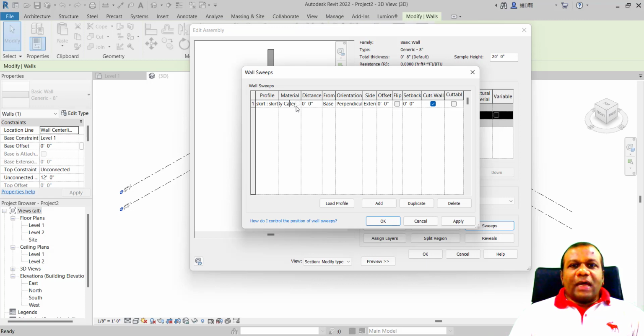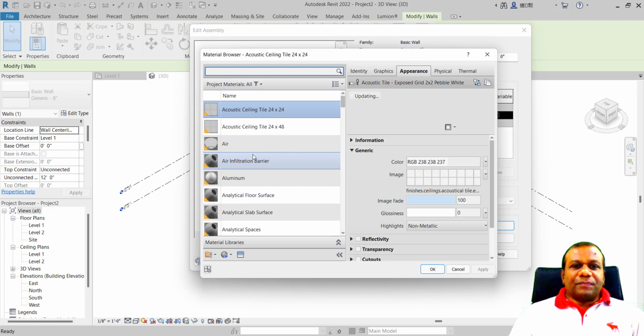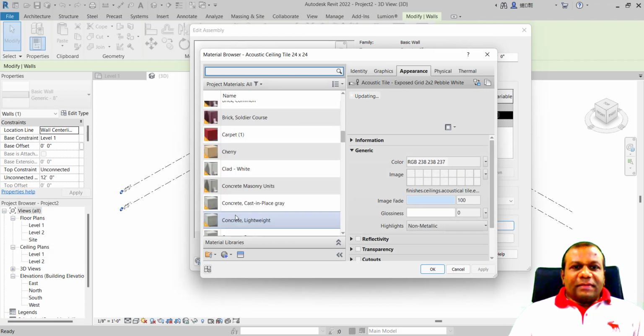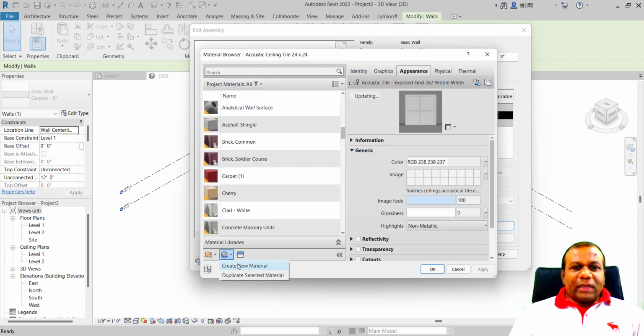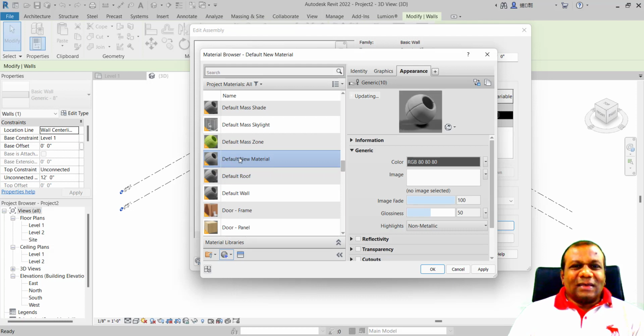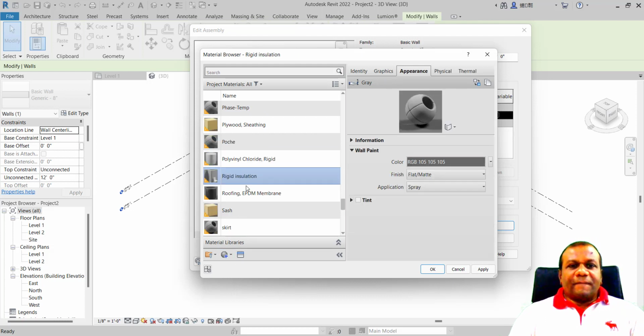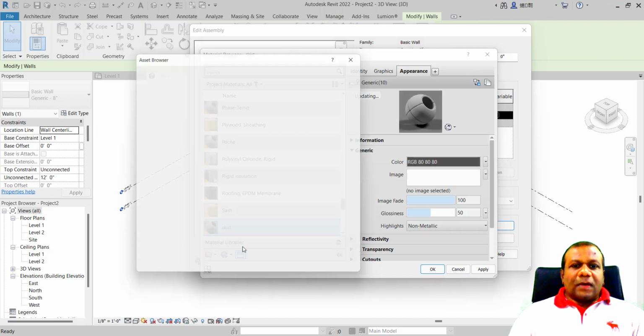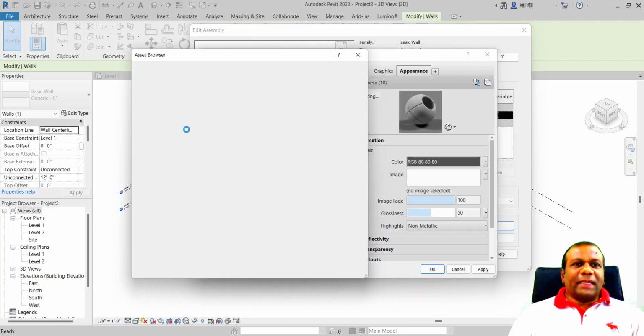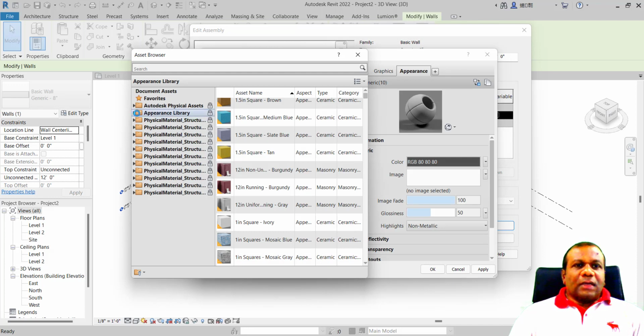If you want, you can add a material. I'll click here on the material. So I will simply create a material quickly. I will rename that; I will call it skirt. I'll open the Material Browser and click the Appearance Library.